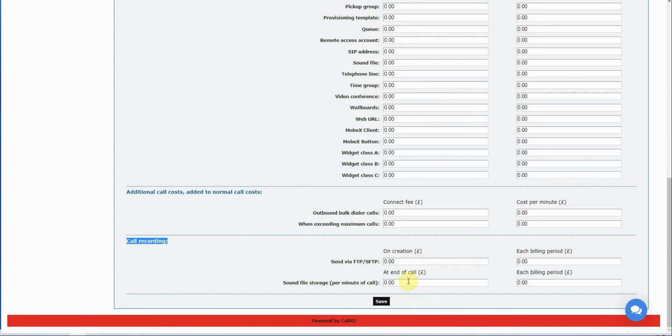So on creation, which means as you make the call recording, we're going to charge you 0.4 of a penny. Okay, so you now need to charge your customers a sensible rate. I would recommend 1p. So 1p per minute will be charged for call recording. And then for each period of storage,